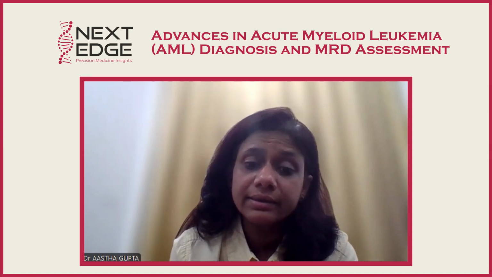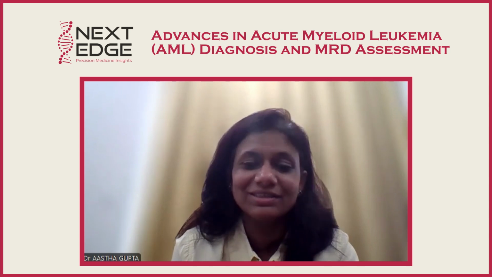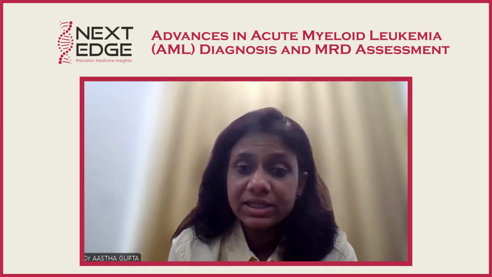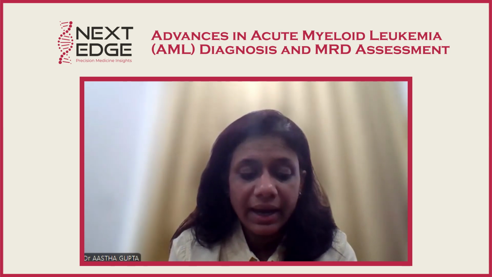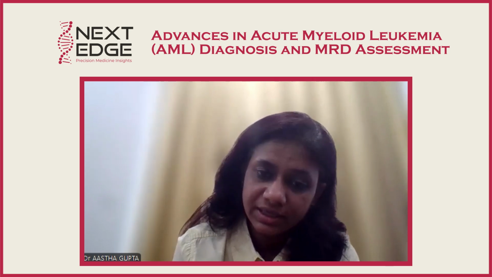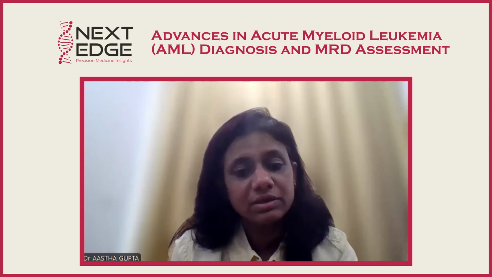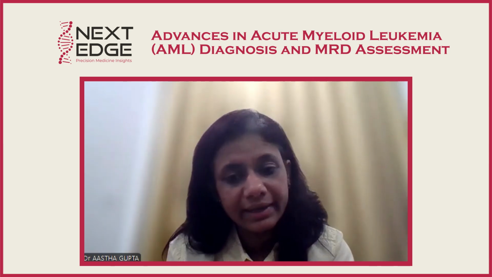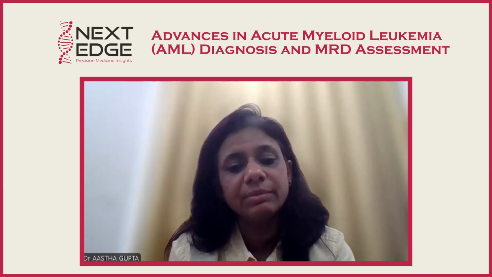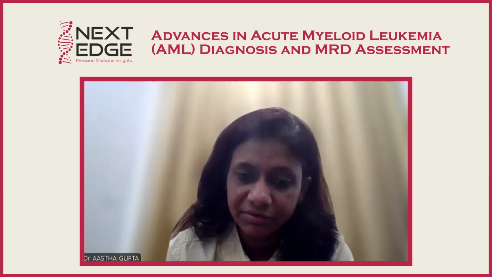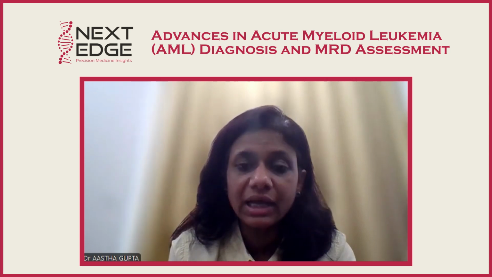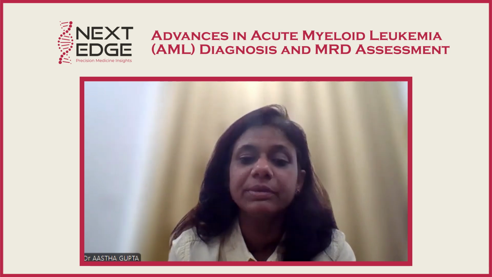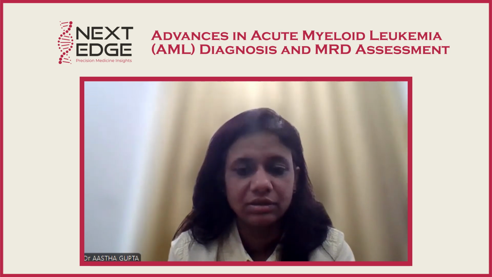Then targeted therapies, like precision medicine, targeted therapies are coming up. FLT3 in AML, IDH1 in AML. So by identification of these mutations by NGS, the targeted therapies have been developed. So we have a targeted therapy for FLT3, sorafenib. We have a targeted therapy for IDH, and as more and more mutations will be identified, more and more targeted therapies can be developed, which will help for better treatment of the patient and better survival of the patients.